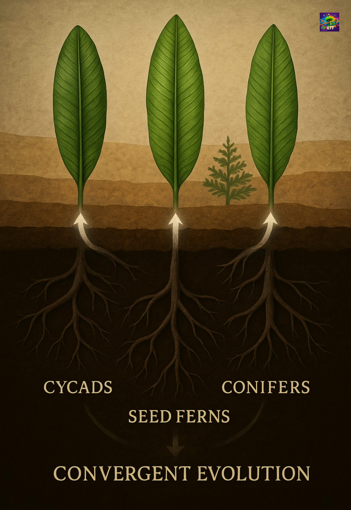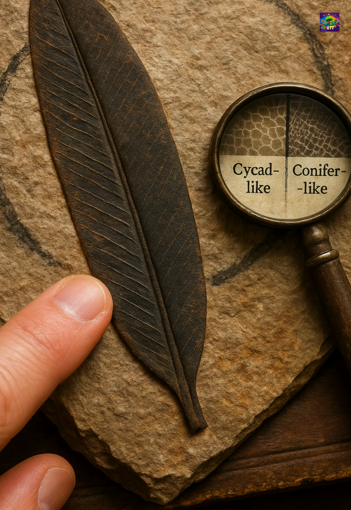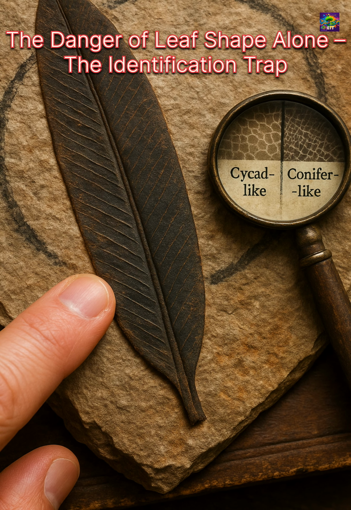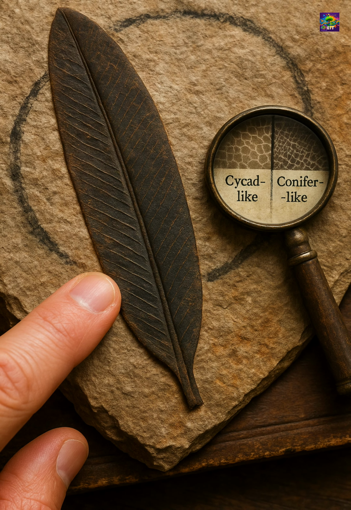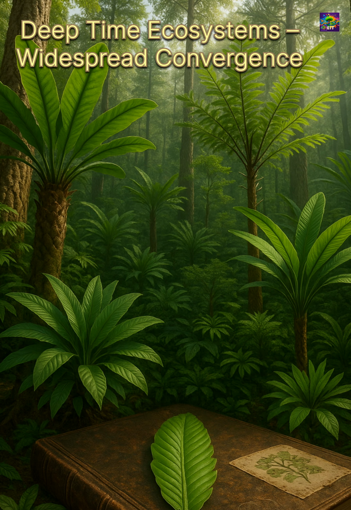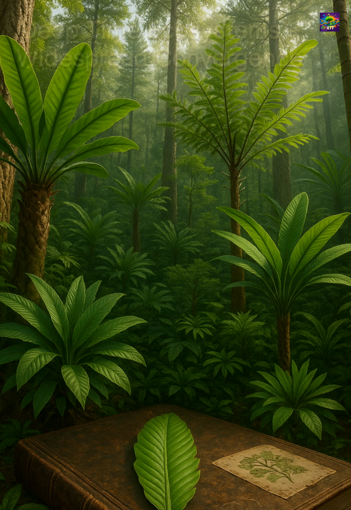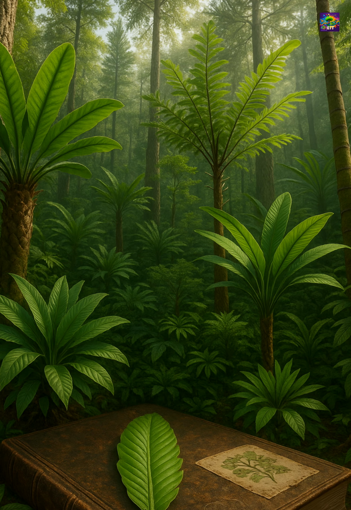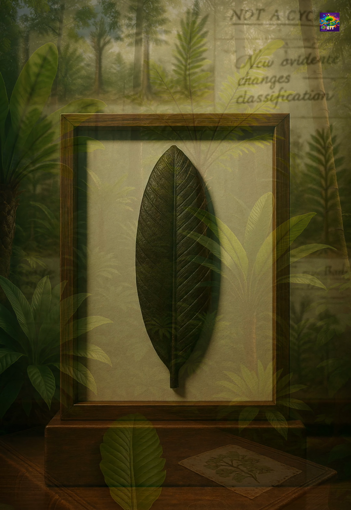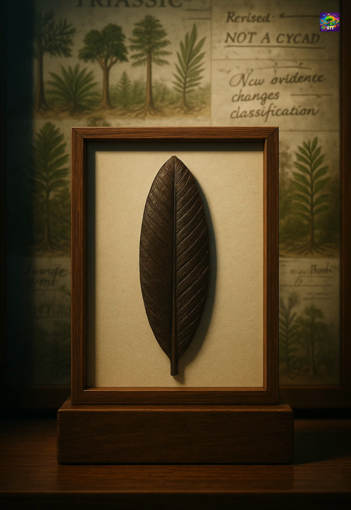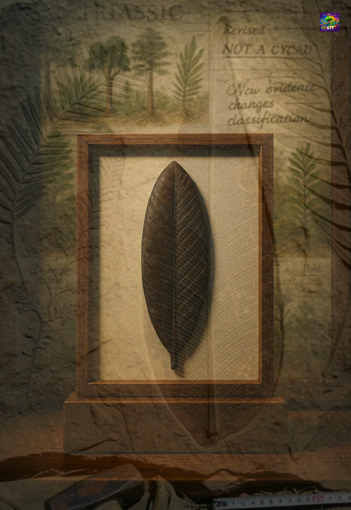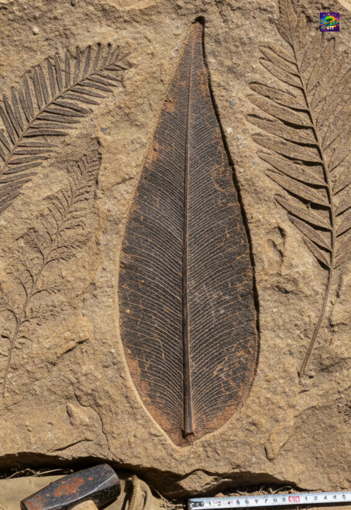This makes the genus important not because it represents one plant, but because it represents a long-standing identification problem in paleobotany. Taeniopteris teaches us that early Mesozoic forests contained many plants that converged on similar leaf designs for reasons we still do not fully understand. It also highlights how dangerous it is to draw conclusions from leaf shape alone, especially in deep-time ecosystems where convergent